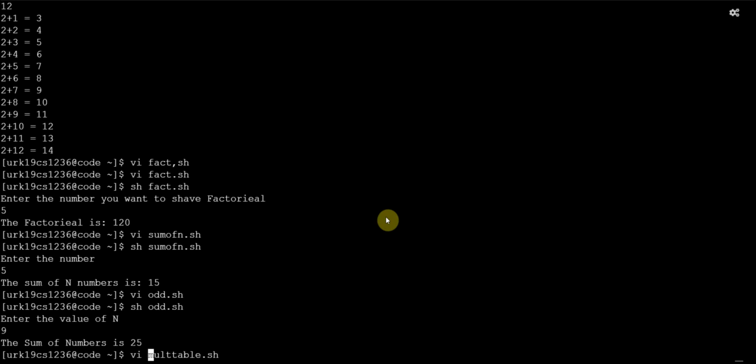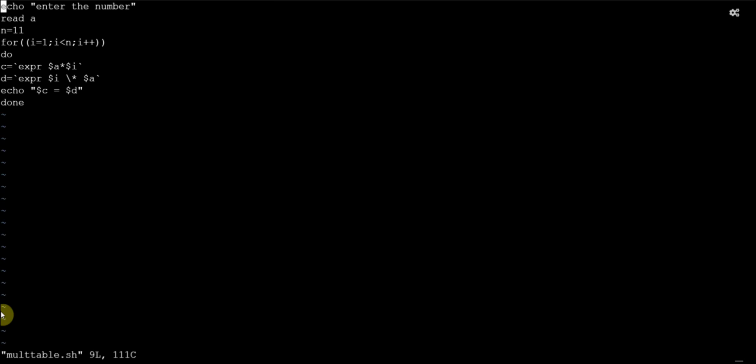Okay, you can see here multiplication table. Simply, first I am going up to 11, because if I initialize n, so n plus 1, then if I give here 10, this will be the same result. So here n equals 11, i equals 1, i less than n, i plus plus.